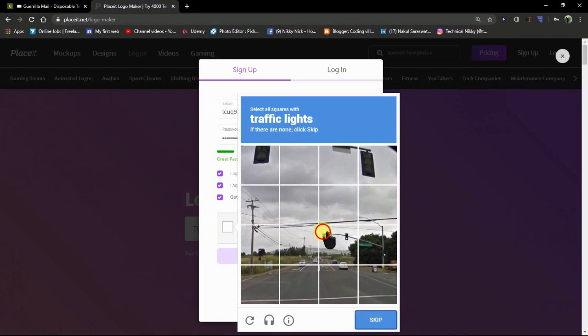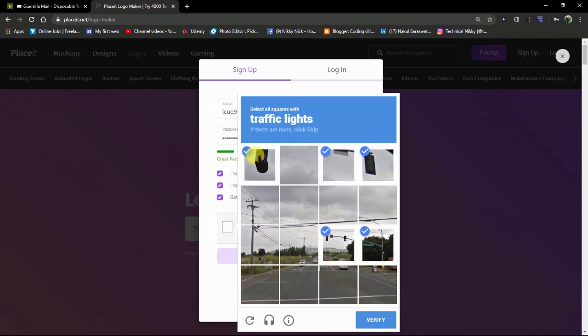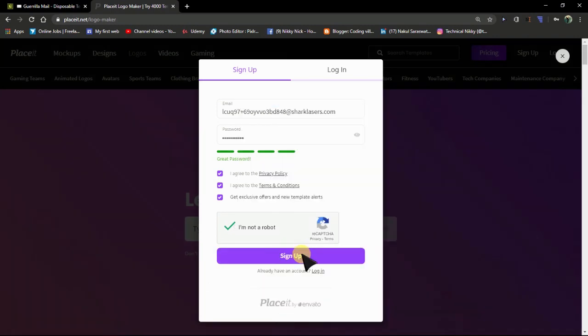Traffic lights, yes, I can do that. Verify. Now let's click on sign up.